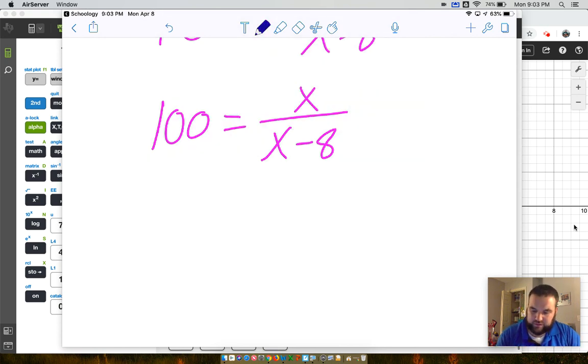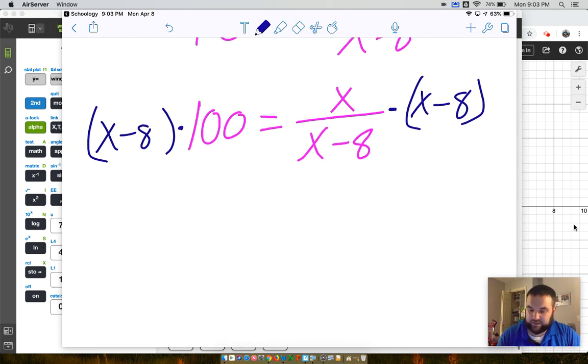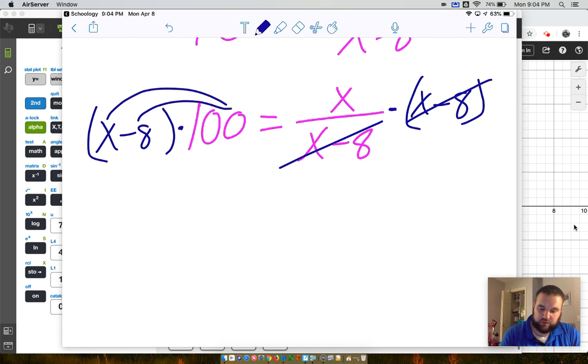So what I'm going to do is multiply both sides of this equation by x minus 8. Okay. And what that allows me to do is take this x minus 8 and cancel that x minus 8. So now I don't have any fractions anymore. All I have is this left side, which I have to distribute, that 100, and that will equal x. Okay, so if I distribute the 100, I have 100x minus 800